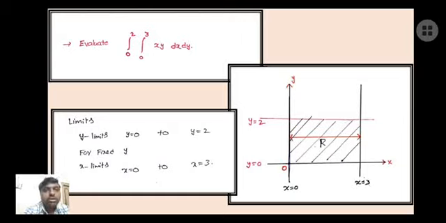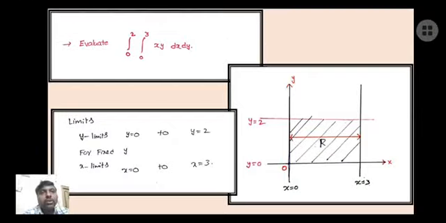When we go through the graphical representation of the region, see here, this is my region. It is bounded by the 4 straight lines. Here you can take any order, because these are constant limits. So that's why I am taking it like this. First of all, I am taking the x equal to 0 line, which is nothing but the y axis, and the second one, x equal to 3. In the same way, I can take the y equal to 0 line and the y equal to 2 line.